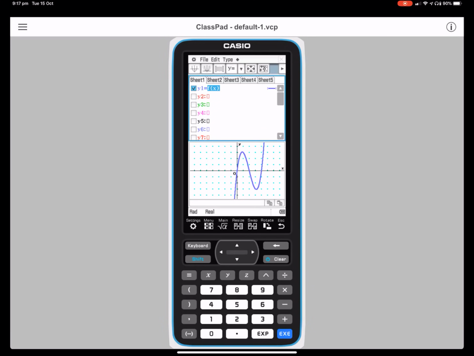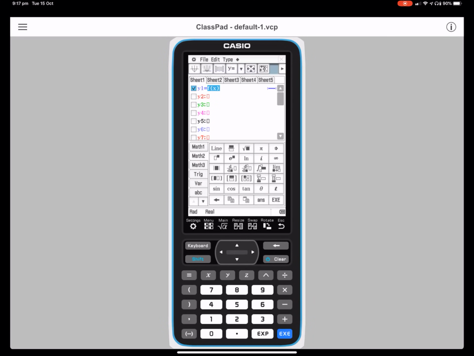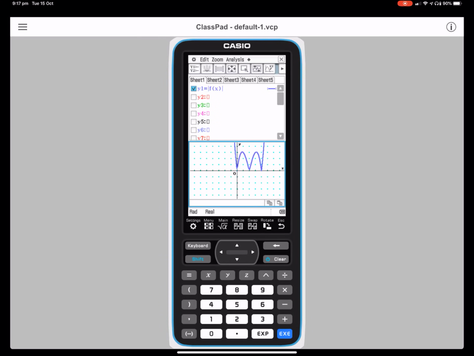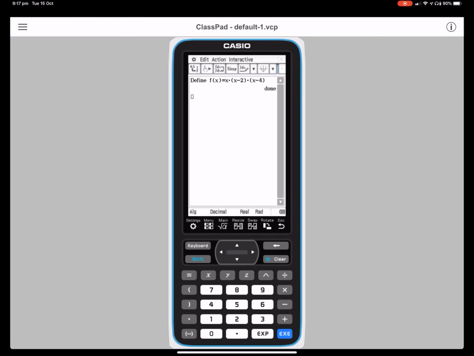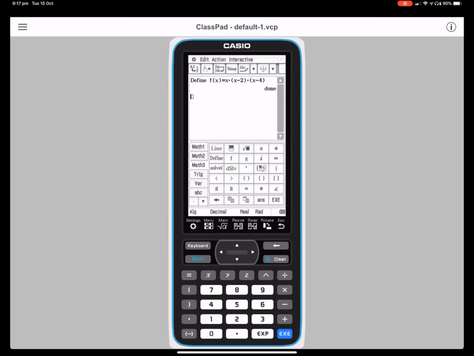Because if you mod this function, I know they don't teach this in Methods anymore. See, it just bounces up. So if we integrate 0 to 4 and then the modulus of f of x dx,